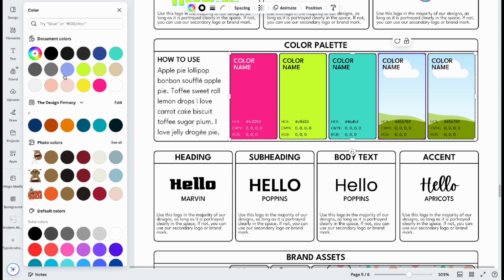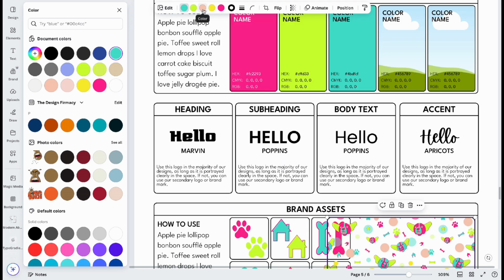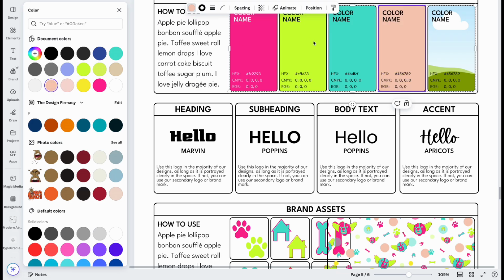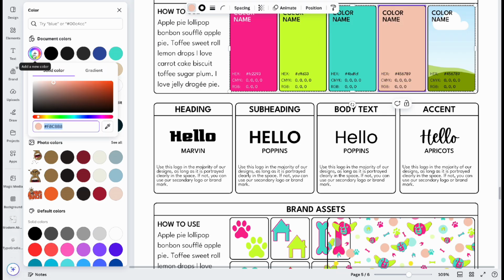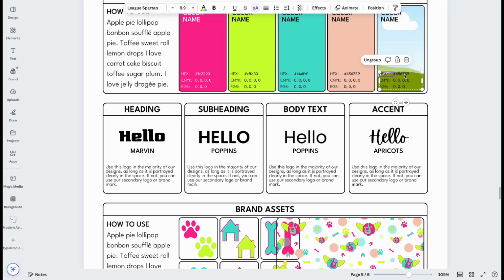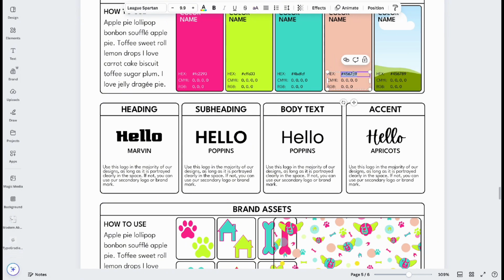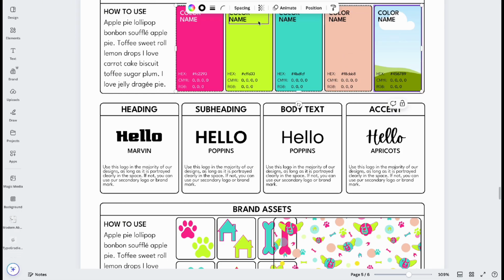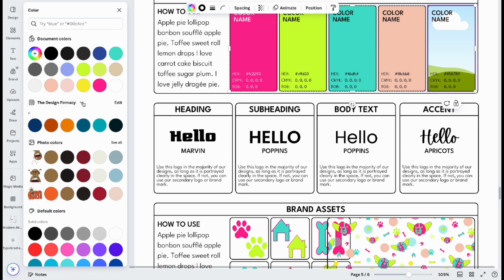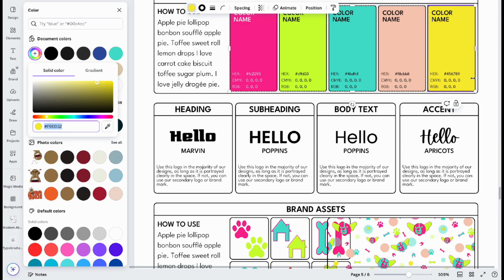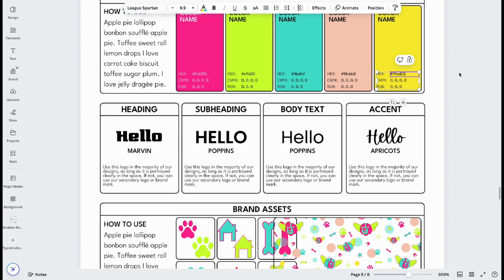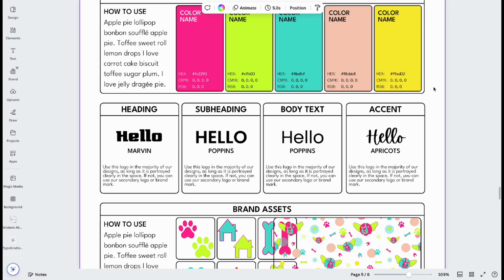As I mentioned earlier, I used additional colors in the pattern, which you'll see up at the top in those circles. So I'm now going back to add them here on the color palette area. And you'll also note that each color has a name. I did not actually fill that part out, but you can fill out your own name, whether it's one that you made up or maybe an actual name, whether it's a magenta or a mustard or whatever it may be. And then you can go ahead and add your additional CMYK and then your RGB